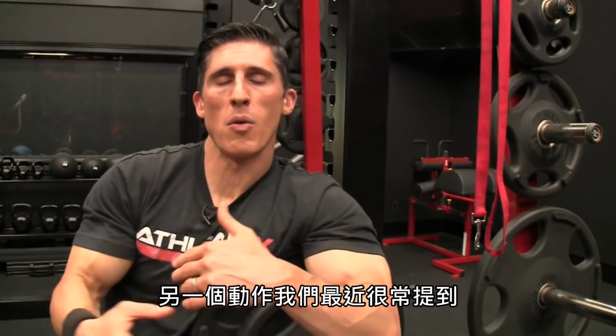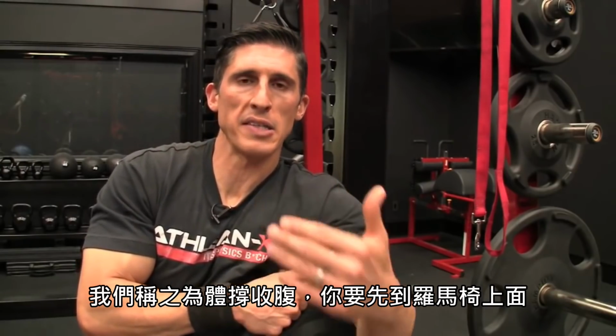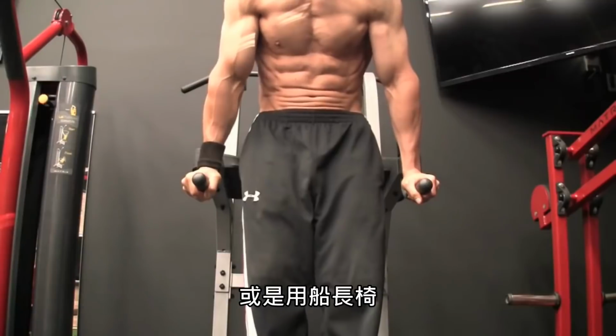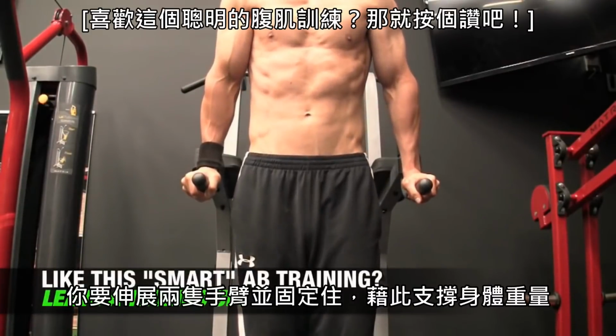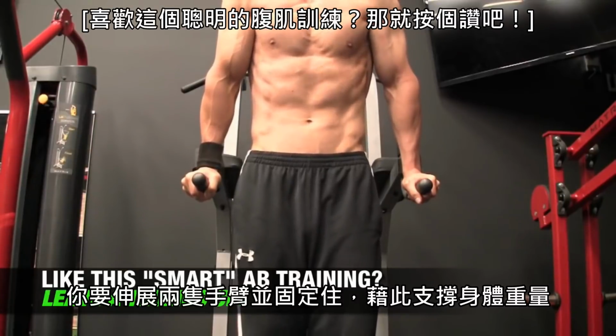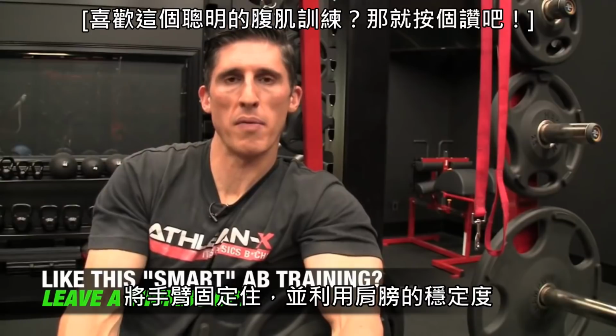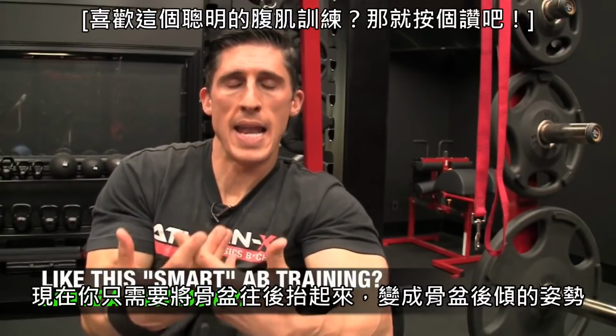Next up, another one we've been covering a lot here lately, we call it gymnast abs. And you can see, you get yourself into a Roman chair setup here, or a captain's chair setup, and all you want to do is support the weight of your body by getting your arms outstretched and locked out. It's okay to lock out your elbows here. We don't want to be working the triceps. So get your arms locked out, use the stability of your shoulders,